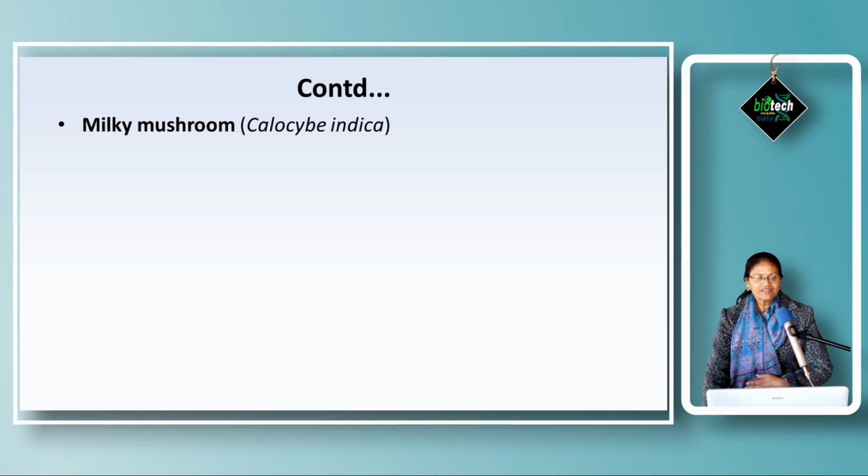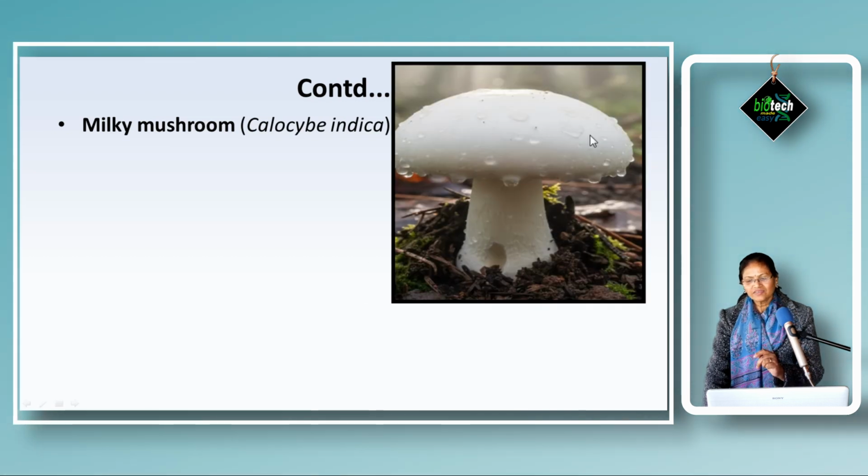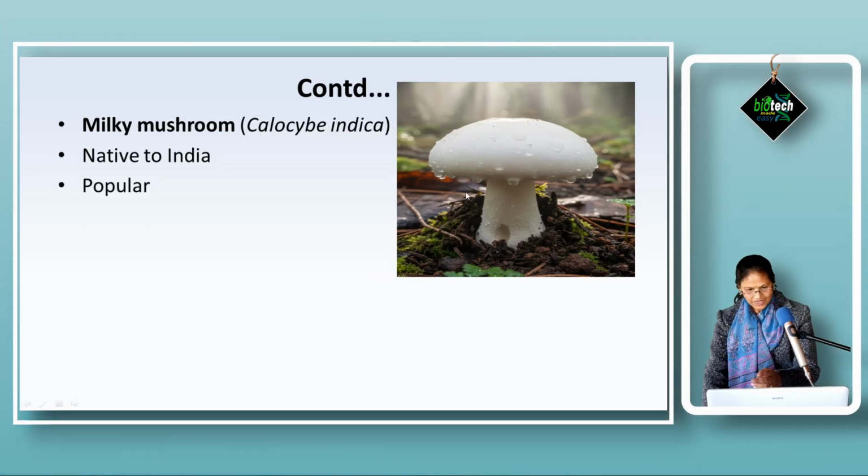And the next one is the milky mushroom, Calocybe indica. Let's see the picture. Here you can see this is just milky white in color. That's why it is known as milky mushroom. Its features are that it is native to India, and that's why the species name is indica. And it is very popular everywhere. It is milky white in color,